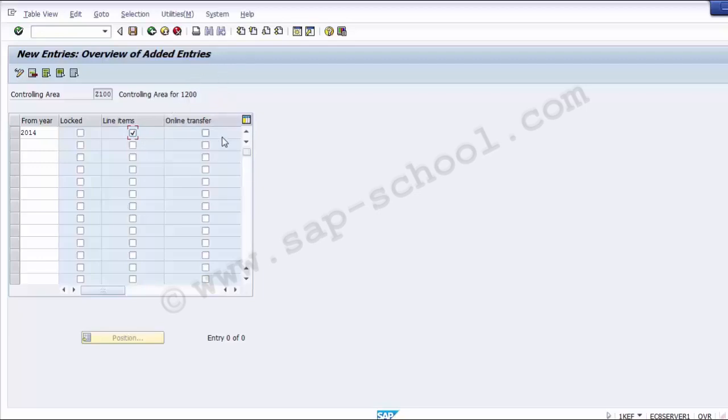The next one that comes up is the online transfer. This checkbox enables you to post information online from the other components. Otherwise, we have to post the same manually. So if you select this online transfer option on this screen, this will activate your profit center accounting automatically during